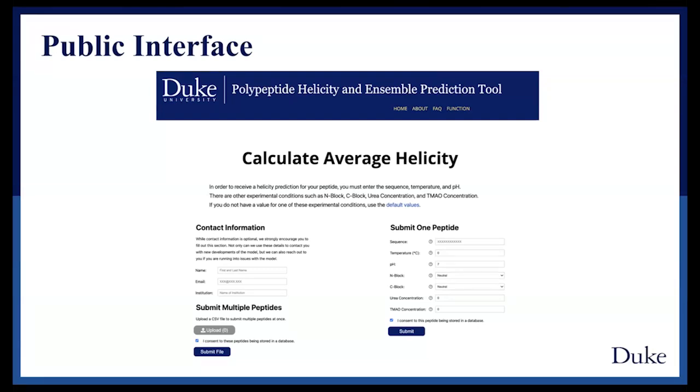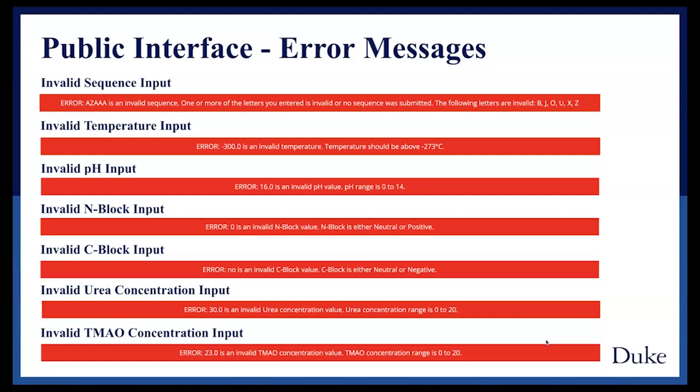So we have our required input, sequence, temperature, and pH for the polypeptide to be accurately predicted, but we also have optional inputs such as N block, C block, urea, and TMAO concentration. So we have many ways that we handle errors on the front end. An example of an invalid sequence will be any sequence that has the letters B, J, O, U, X,